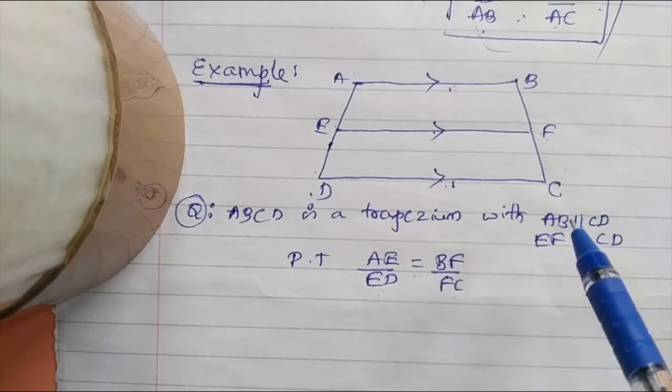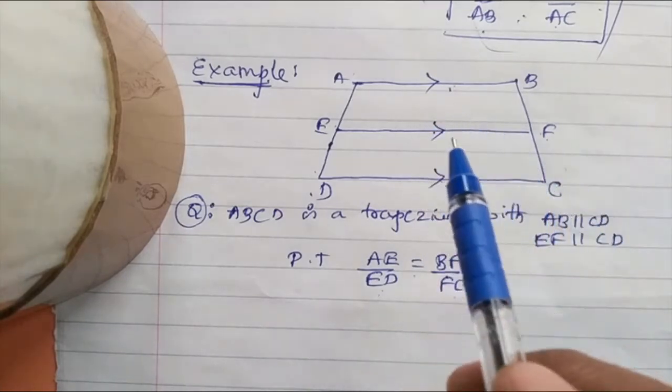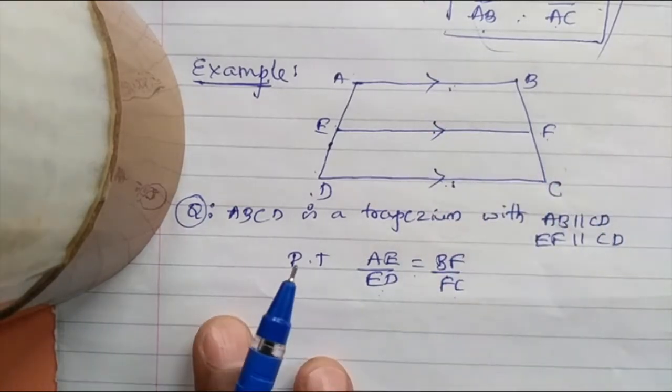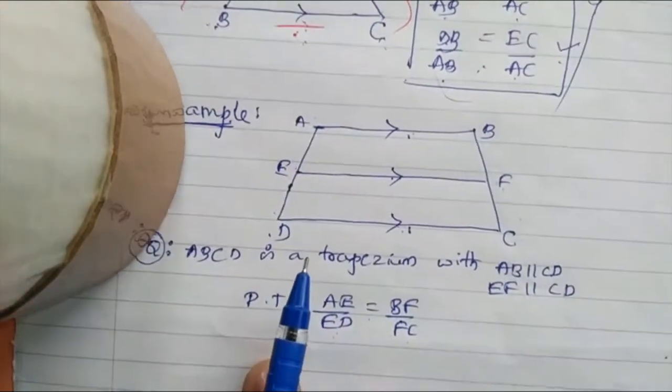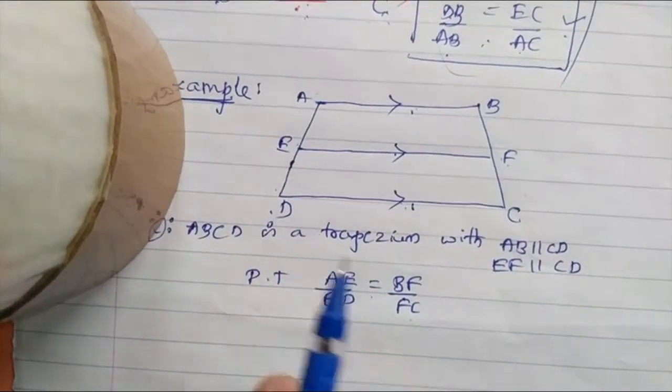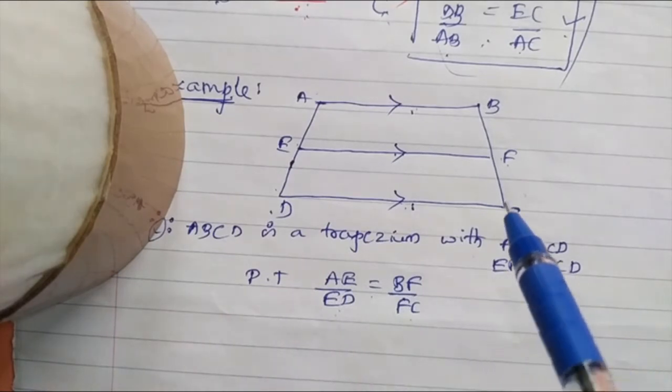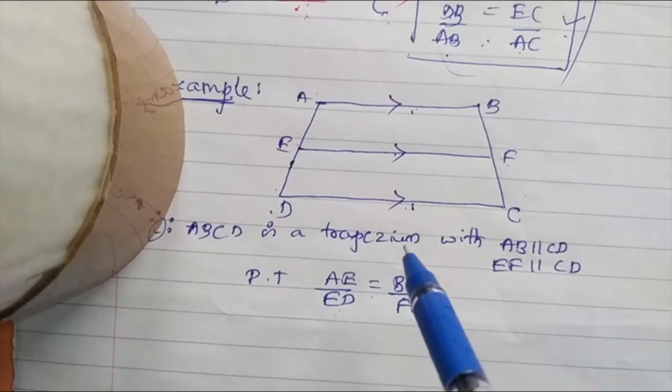So this looks like a BPT type, but the problem is that there is no triangle. BPT we apply mainly for this kind of diagram, but here a triangle is not there. If there is no triangle, we cannot apply BPT. To apply BPT, a triangle must be there, with a pair of parallel lines and the other two sides in ratio.